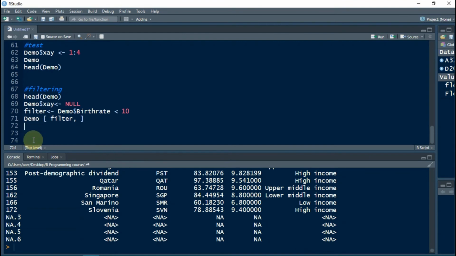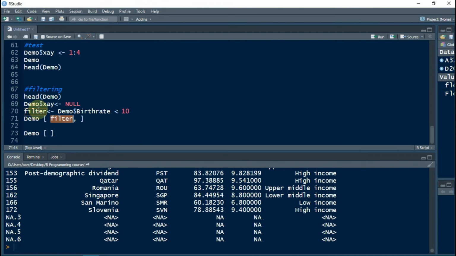So the next method of filtering this data is we'll use the demo, and as you can remember, in the previous method what we did is we assigned a value to the object and then we used the object in the place of rows so that only those rows with the value TRUE would be displayed.